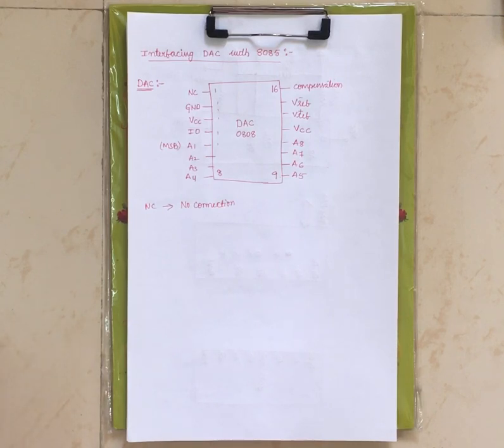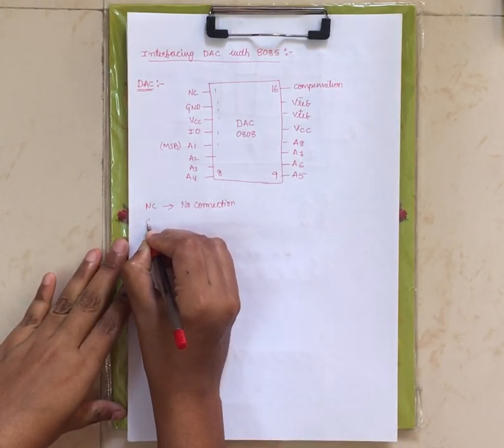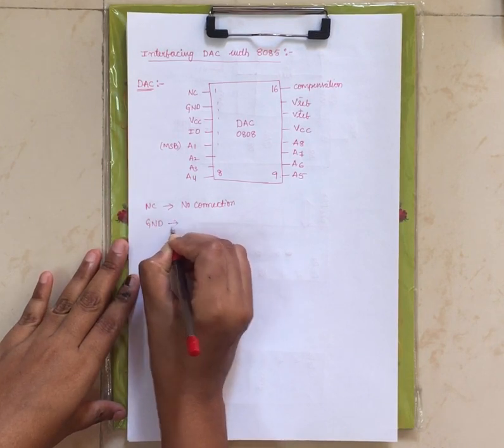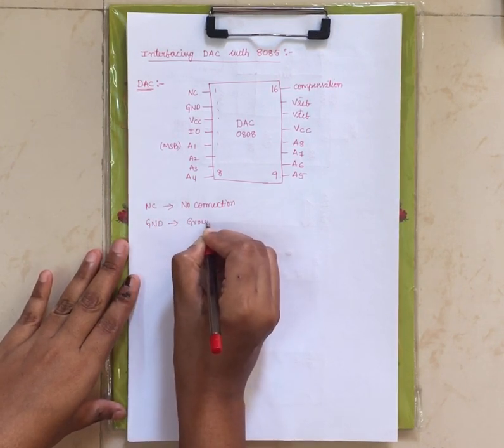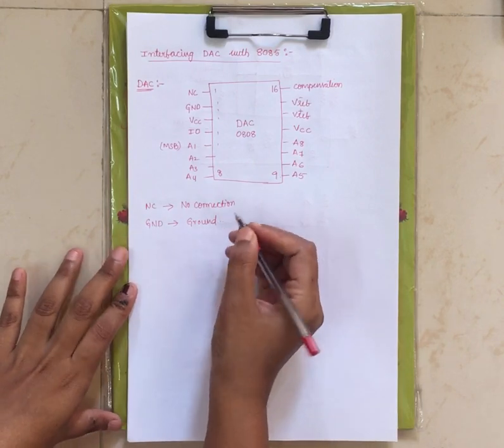Under 8085 you have VCC and ground, under 8255 also you have VCC and ground. Similarly for the basic microcontroller which we have seen, nothing but 8051, that IC also has VCC and ground. For every IC two pins will be common, one is the ground pin and another one is the power supply pin, nothing but VCC pin. Now the second pin is your ground pin. For ground reference we are using this pin, that is the second pin. That is the ground pin.